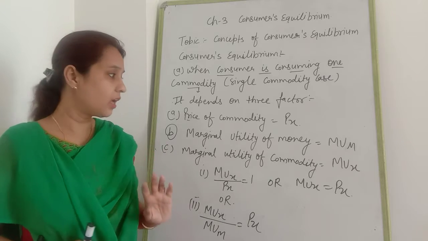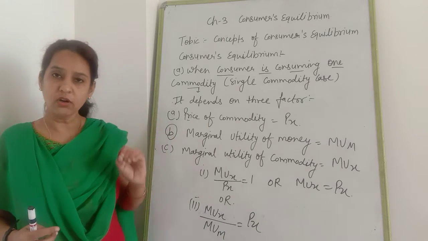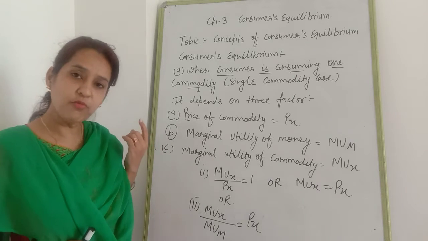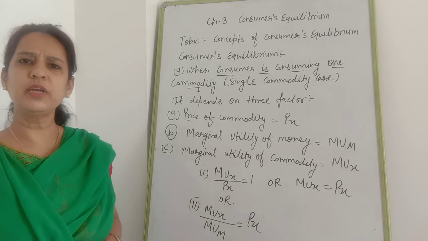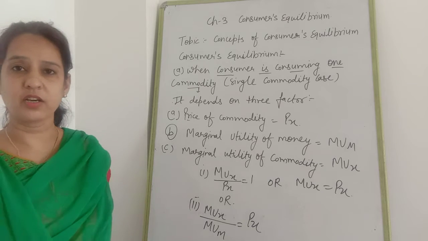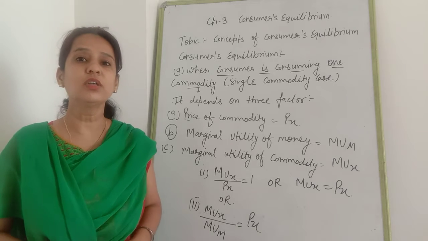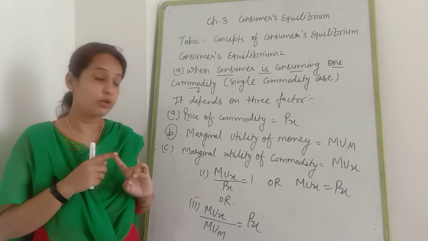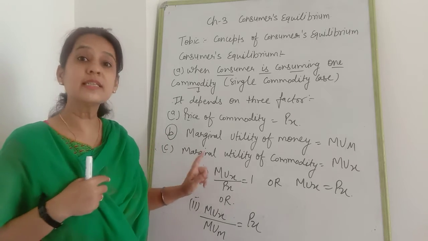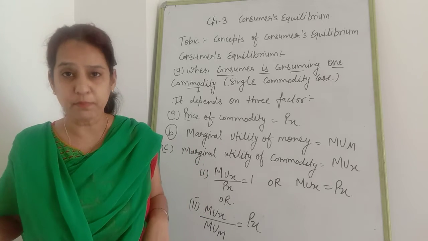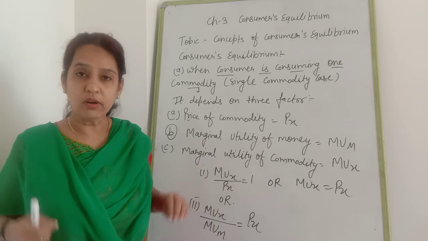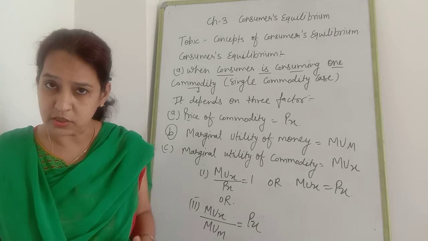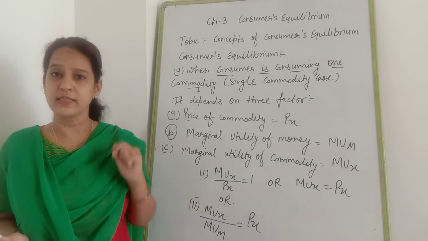First I thought I want to buy an ice cream. When I went to buy ice cream, from the first ice cream I got 50 rupees of satisfaction, it means 50 utils. But the cost of the ice cream was 30 rupees. So all of you know, in that condition I am in a surplus condition, because my satisfaction, MUX, is greater, and whatever I am spending, the price, is lower. So I am in a surplus situation. I will definitely consume the ice cream.